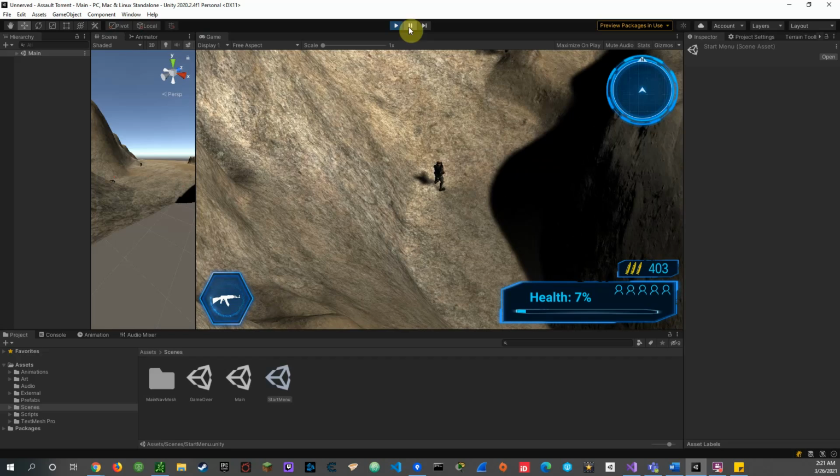Also, something weird is happening with my lighting when I actually transition from the start menu or the game over menu, so I'll have to get that figured out. But as you can see, all the old functionality is still there. My enemies are still using nav mesh to track to the player movement, cameras tracking, player health UI, damage, destroyed on death, enemies spawning over time, navigating to the player, equipping weapons, shooting at players, enemies ragdolling on death, destroyed after delay, health and life count, health bar, health percentage, weapon display,